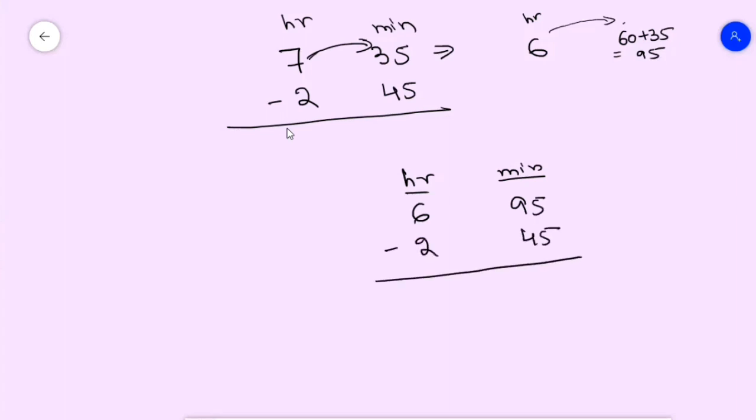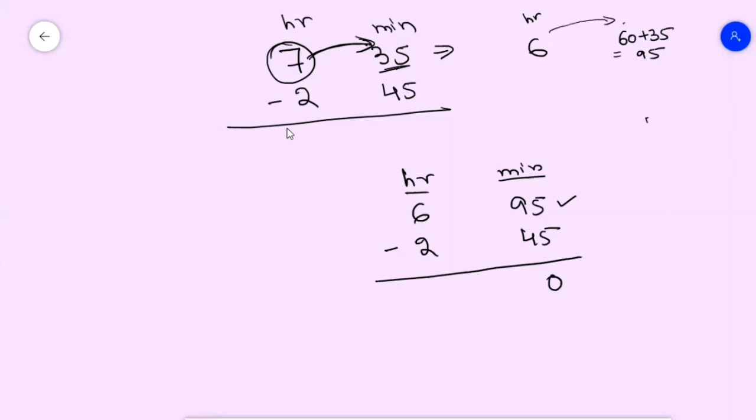So now you can easily subtract, because here you can't do it without borrowing. You have to take it in this way. From 7 you will take 1 hour, and you will give it to the minute part as minutes. So 1 hour you are taking means you are taking 60 minutes. Correct? 1 hour equals 60 minutes. So you are making this side larger.